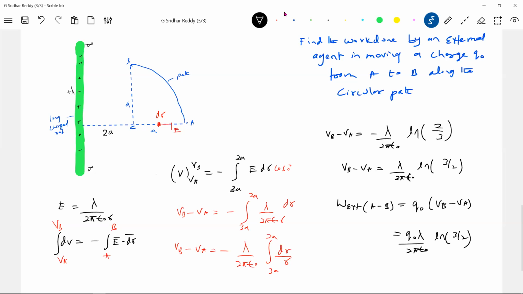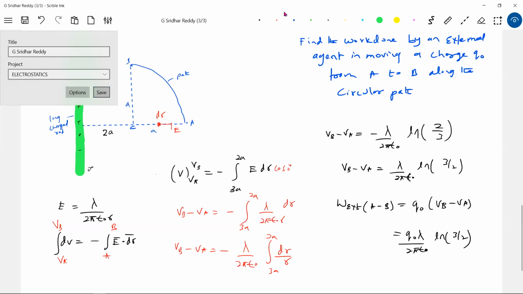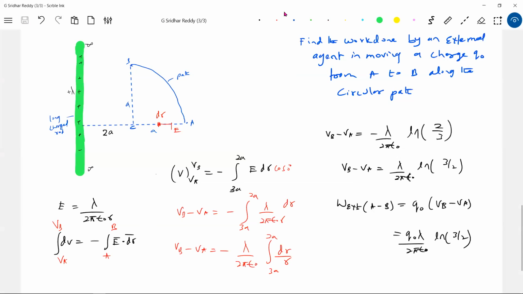So tell me, do you have any other method other than this? Not possible. You need not bother about the path, how you took the path. You need not bother. You just need the potential difference between these 2 points. That is the main purpose of this discussion. Why we are giving the relation between E and V so much importance is that such things we can work out very easily.